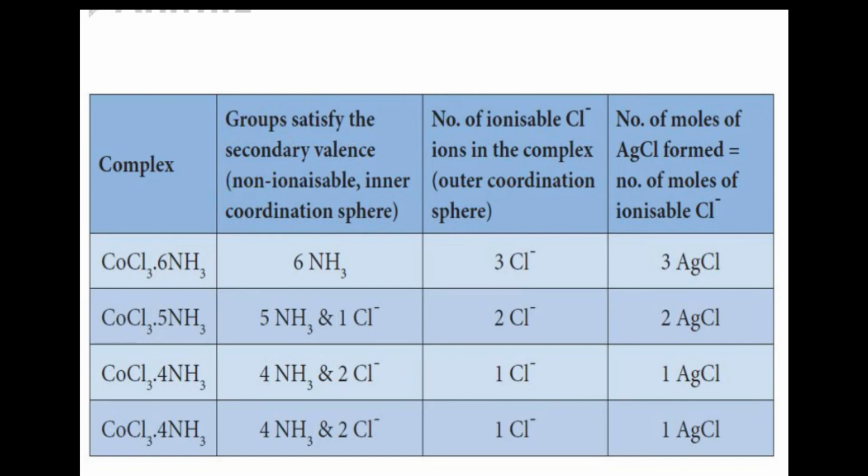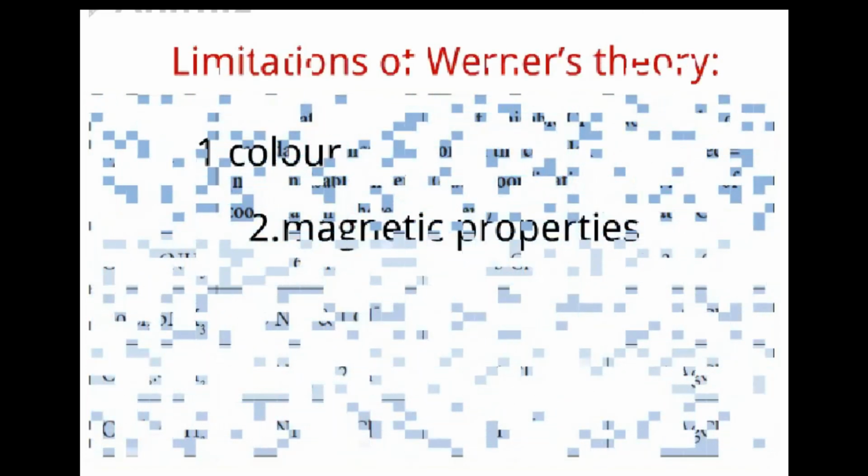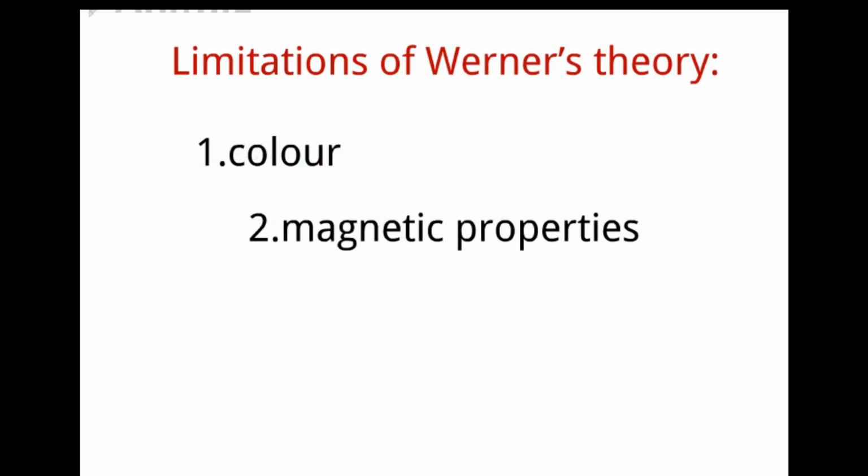So based on the formation of AgCl we can easily understand how much counter ion, or ionized or primary valency ion, exists in this sphere. Okay, these concepts are explained well in the Werner theory, but the problem is that using the Werner theory we can't predict the color of the compound. So it is a limitation of Werner theory: it does not explain the colors and it does not explain the magnetic properties of coordination compounds. So next we move on to the VB theory. It will help to understand the complex clearly.